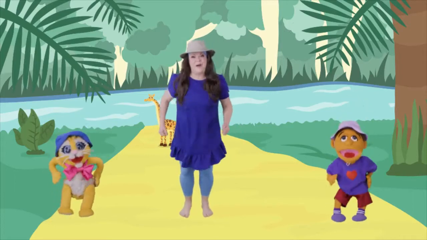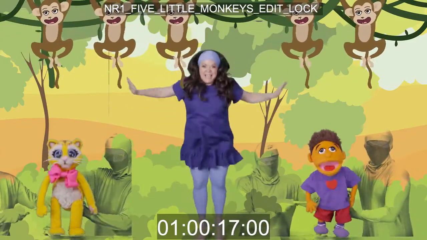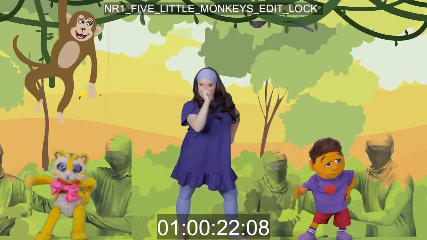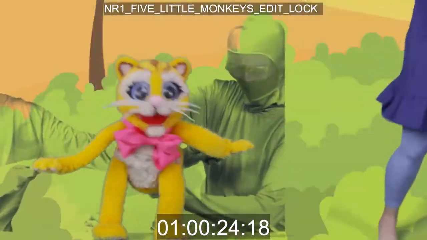In our nursery rhyme, Five Little Monkeys Jumping on the Bed is rendered in a swing-like, joyful twist style. And in the middle of the song, we do jumping and hand actions, which makes this song just a delight, and you can repeat it over and over again. I make sure that a child in my class, and they can take turns doing this, can be the mama, and they get to call the doctor and shake their finger. They love it, and it's the first moment where they're a leader.